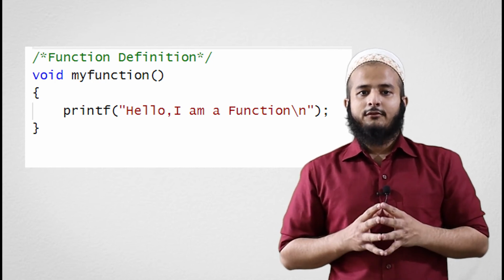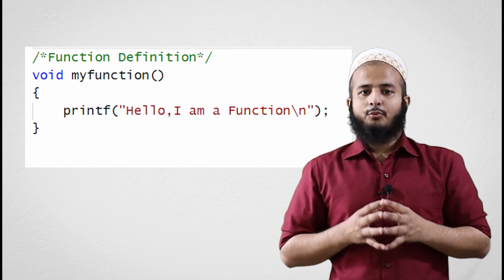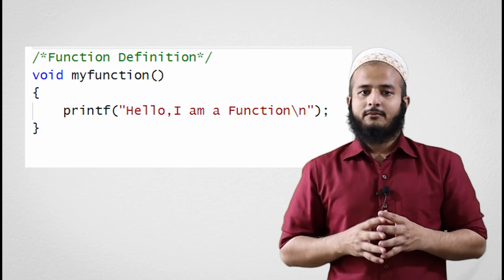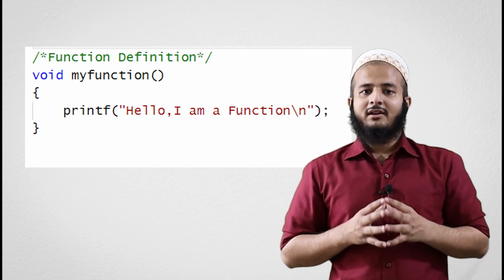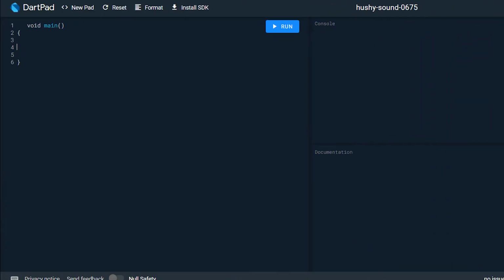So the function will reduce the amount of code, and a function is used to put the repetitive code inside one block. Now we see a practical example of a function using a program. So let's move to the computer screen. To understand the function, first we understand how to create the function, and after creating it, we see the function calling, that is, how to call the function which we create. So first, function creation.